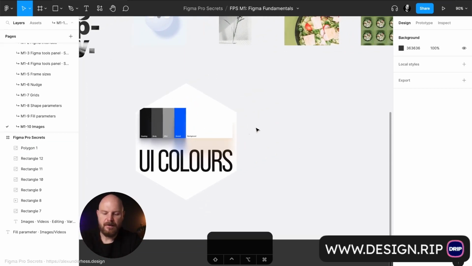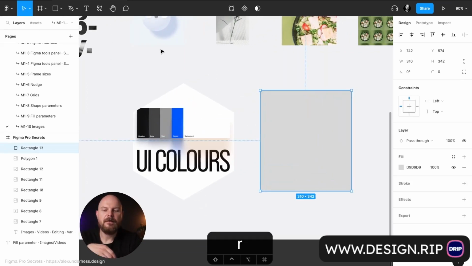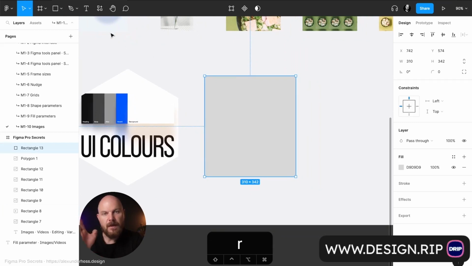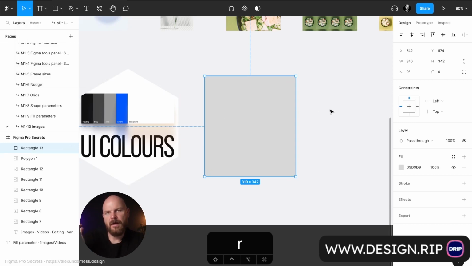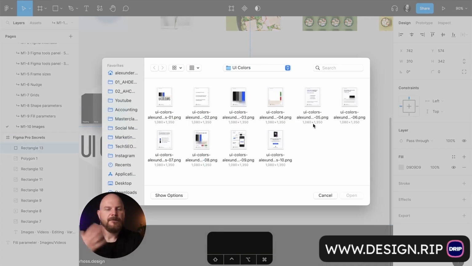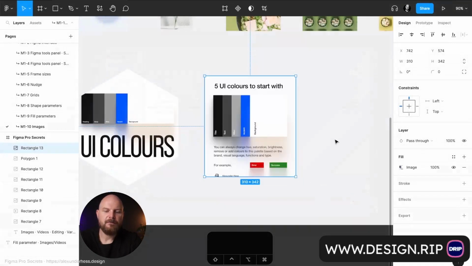Similar to that, again, let's create a rectangle. Every single time when you create something from the panel, take a look at the shortcuts that Figma gives you. In this case, you see Shift Command K, or Shift Control K on PC. When I press Command Shift K, the folder will be automatically opened, and from here I can select the image. I can go to an absolutely different folder, click open, paste, boom, done. I just pasted the image